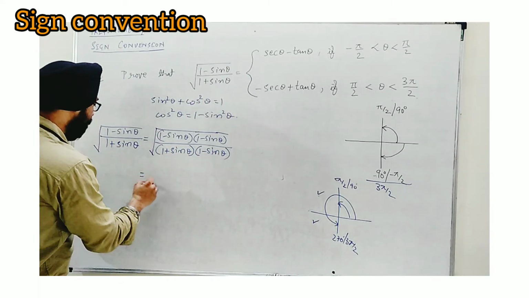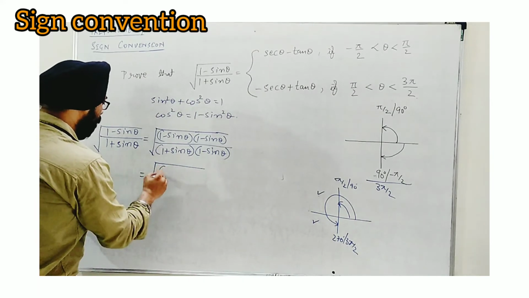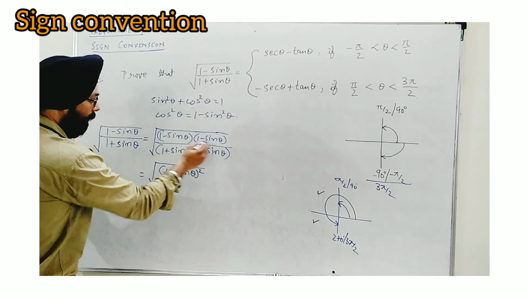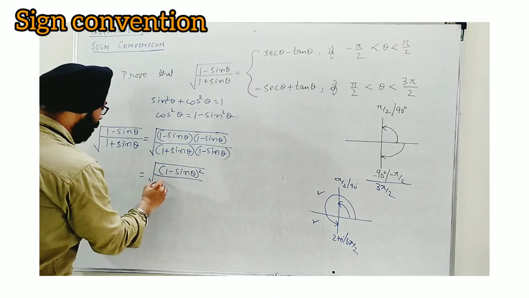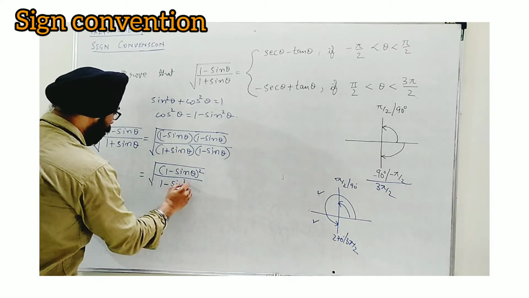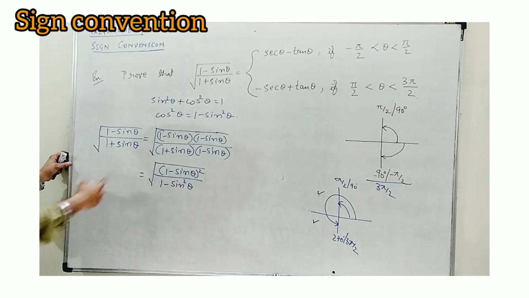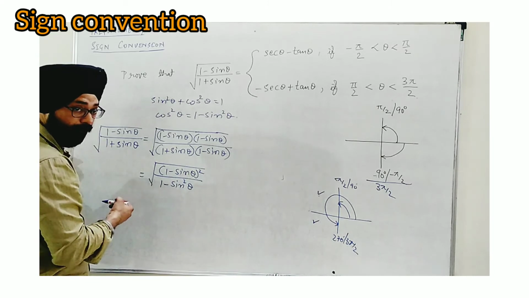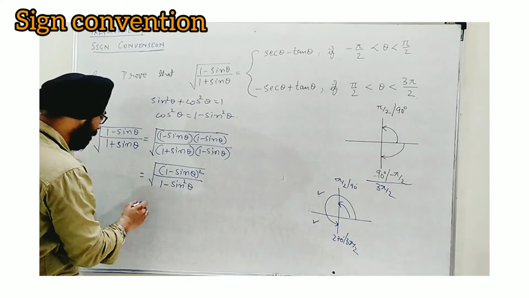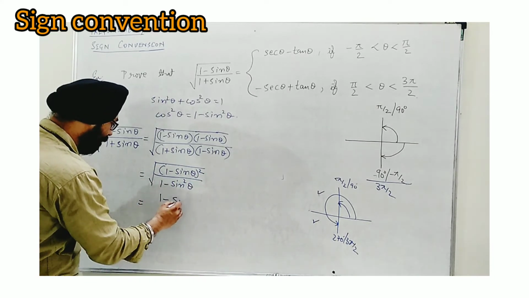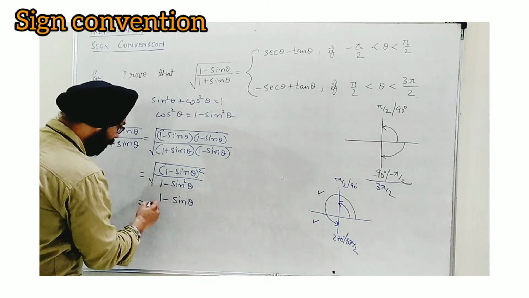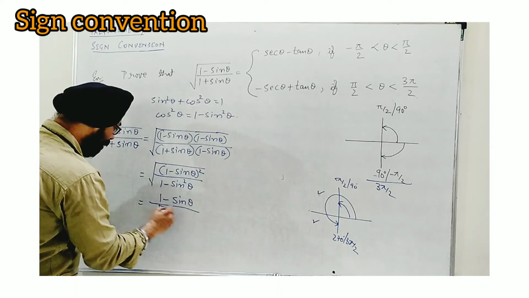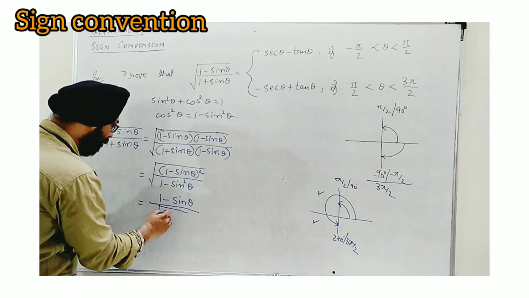So the result is under root 1 minus sine theta whole square, the bracket repeated, and below we get 1 minus sine square theta, since a plus b, a minus b is applied below, and above 1 minus sine theta whole square. Now this whole square with root can be cancelled out. The numerator can be written as 1 minus sine theta, but in the denominator it is under root 1 minus sine square theta, so it will be written as